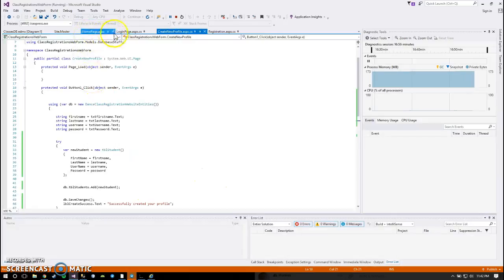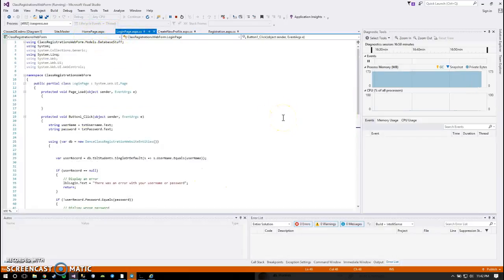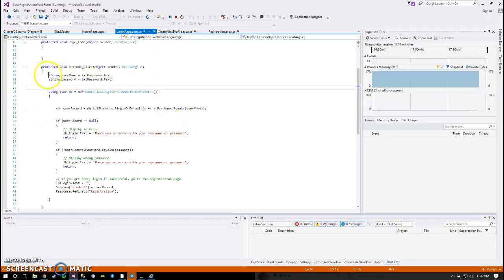Login page. Okay. Also, you have to use a using statement up here where it tells this web page to look into the folder where your data model entity is at. That's how entities works. If you don't have that here, it doesn't know what this is. So once again, you create variables for the text fields, and then using statement website entities,